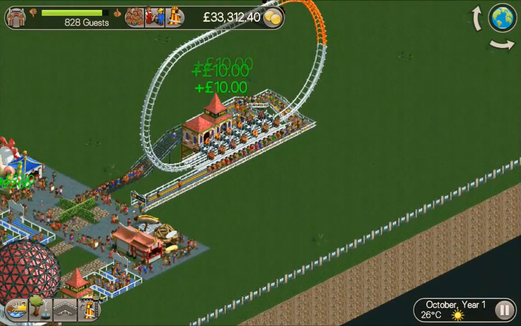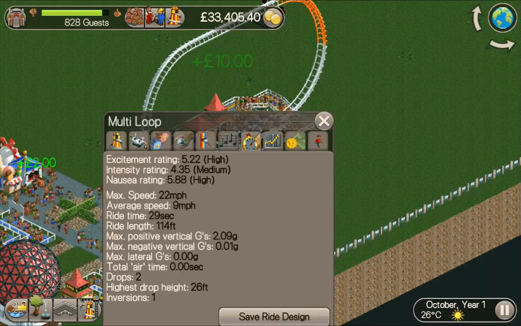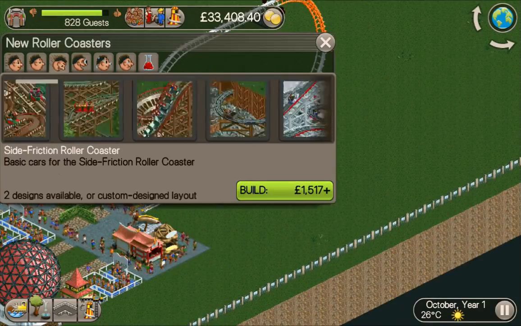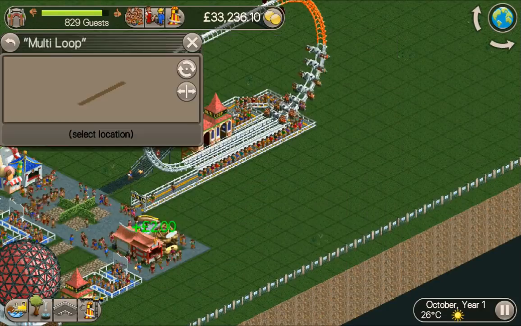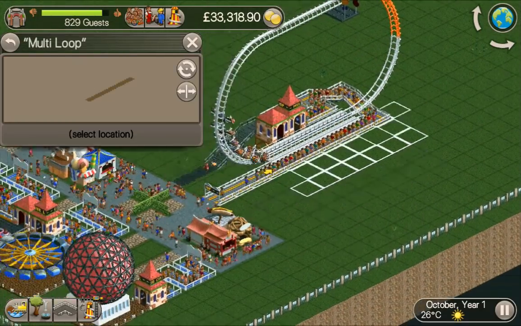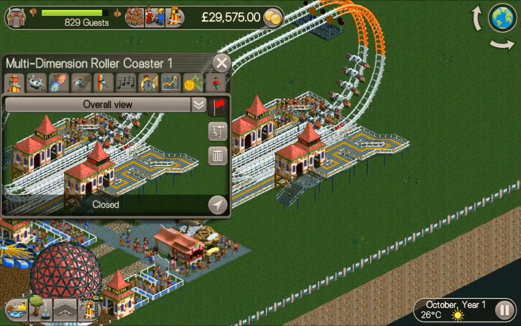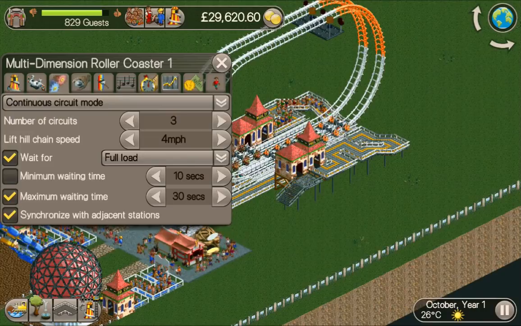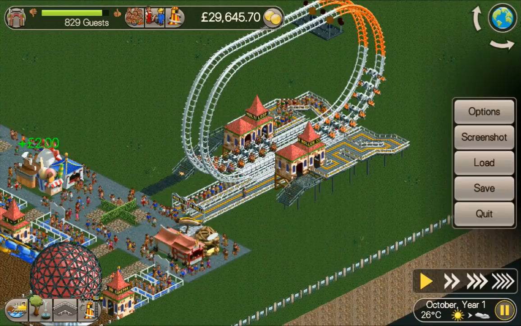There you go. Took around a month to do so. And because of the way I've built it, so let's remind ourselves what the excitement was, 5.22. Because of the way I've built it, you can easily have it running side by side to get the synchronization bonus. So let's,